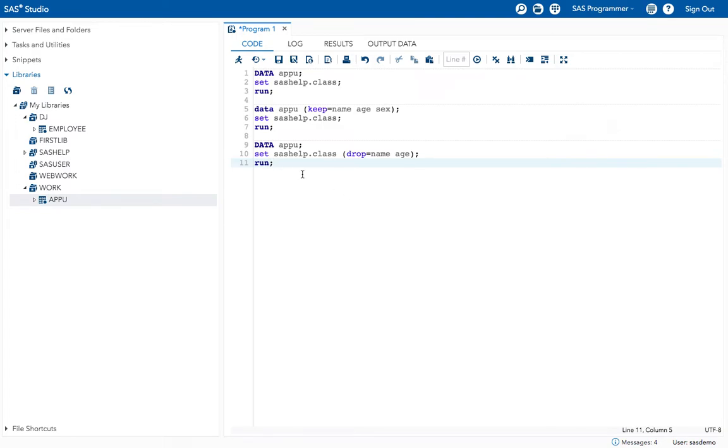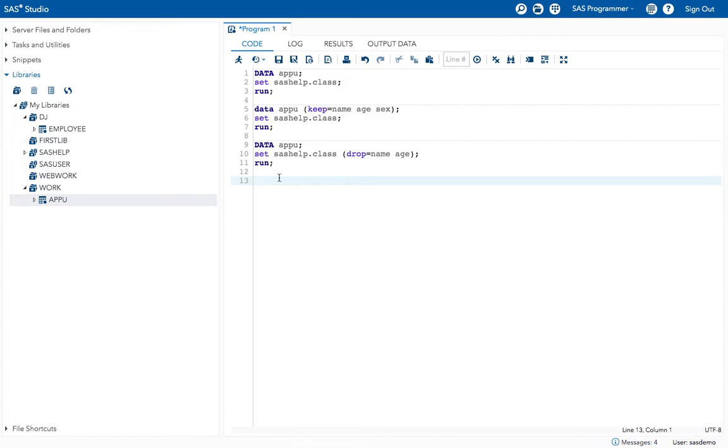Normally we will have very big data sets, with like 100 variables or 50 variables or 20 variables. In those 20 variables, if I want to remove only two, it's easier to use the drop option, right?